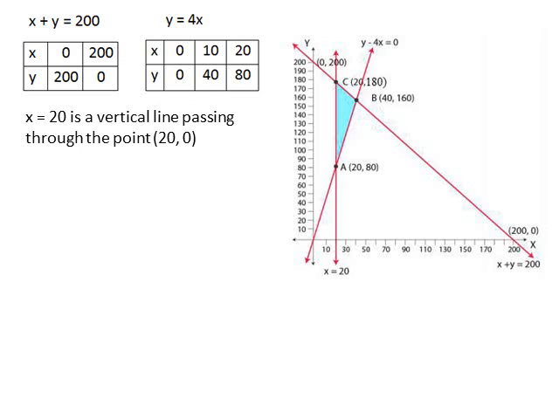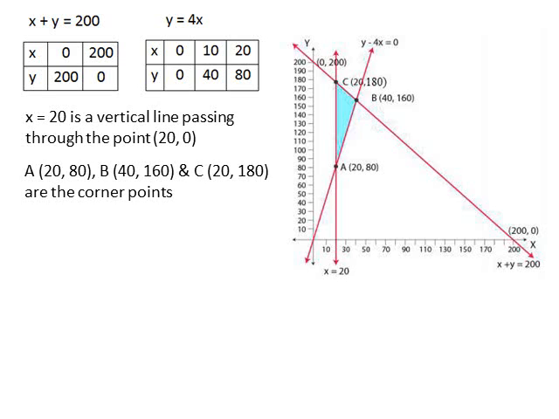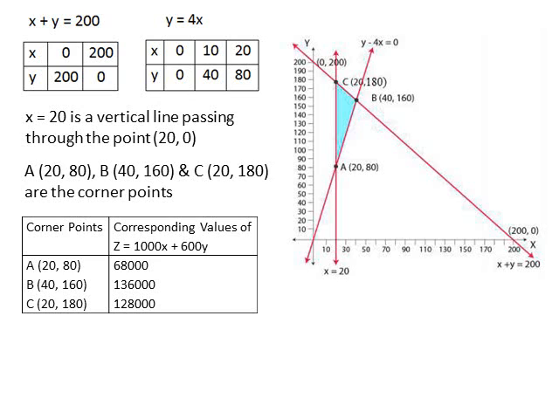Next, find the coordinates of these corner points. In this question, it is easy to identify the coordinates of these corner points from graph itself. Here, coordinates of A are 20 and 80, coordinates of B are 40 and 160 and coordinates of C are 20 and 180. Next, find the value of z at each corner point. At the point A, value of z is 68,000. At the point B, value of z is